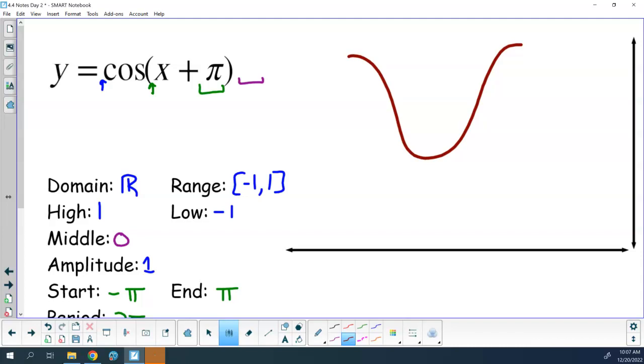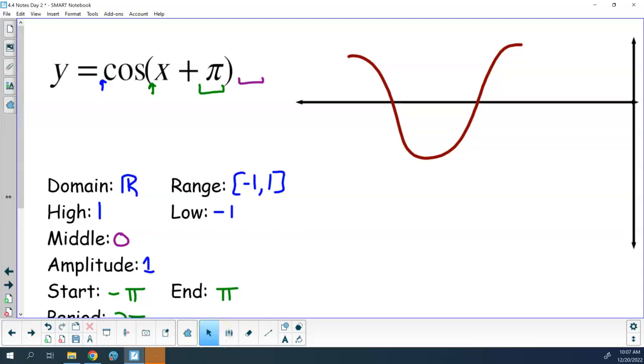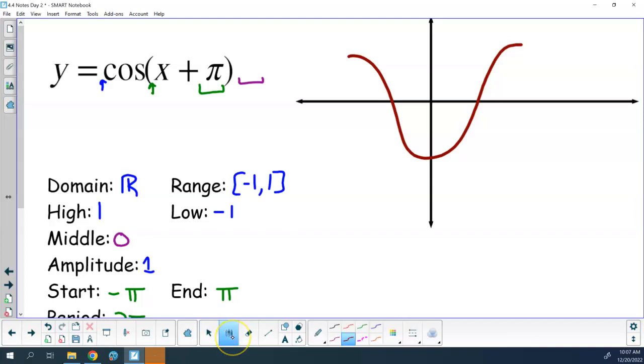My middle is 0, so that can be in the middle. My other middle is at the low point, actually. There. So then we can add in our